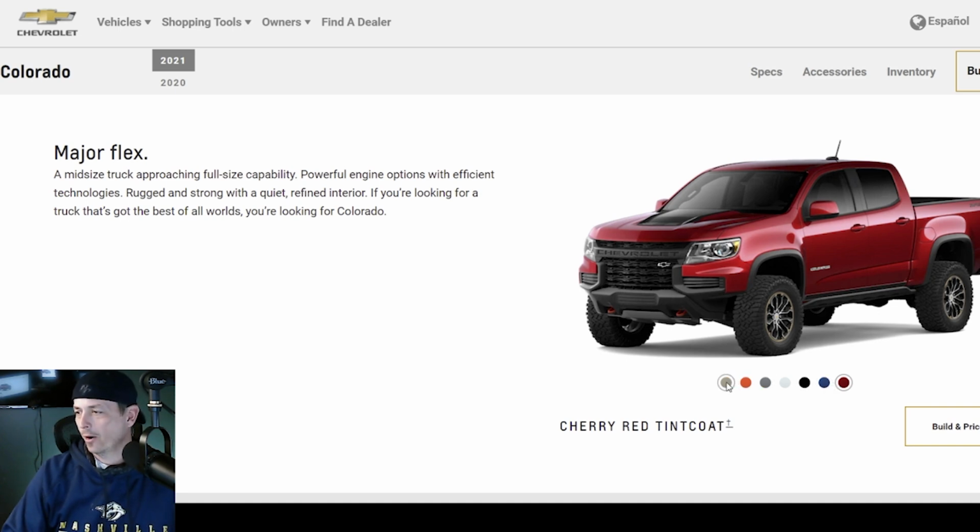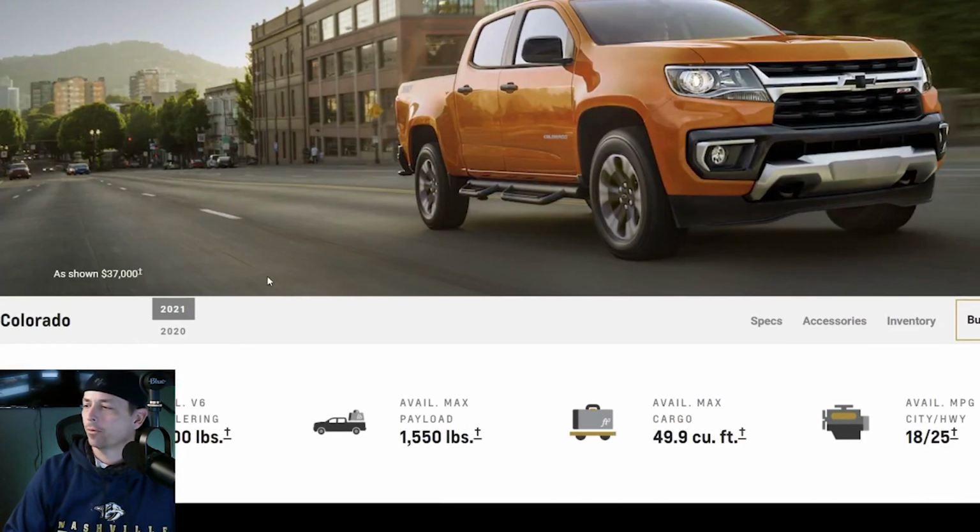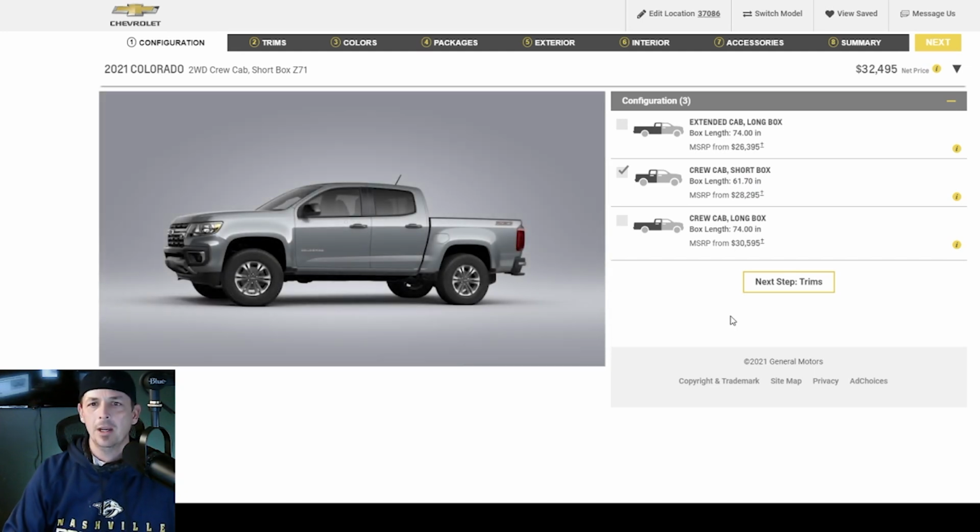Let's get into their build and price, and we will go from there. All right, there it is. Build and price, just on the edge of the screen there. So it brings up, do we want an extended cab long bed? Are we looking for a crew cab short box? Are we looking for the long box? Well, it's already checked, so I'm going to say I want the short bed